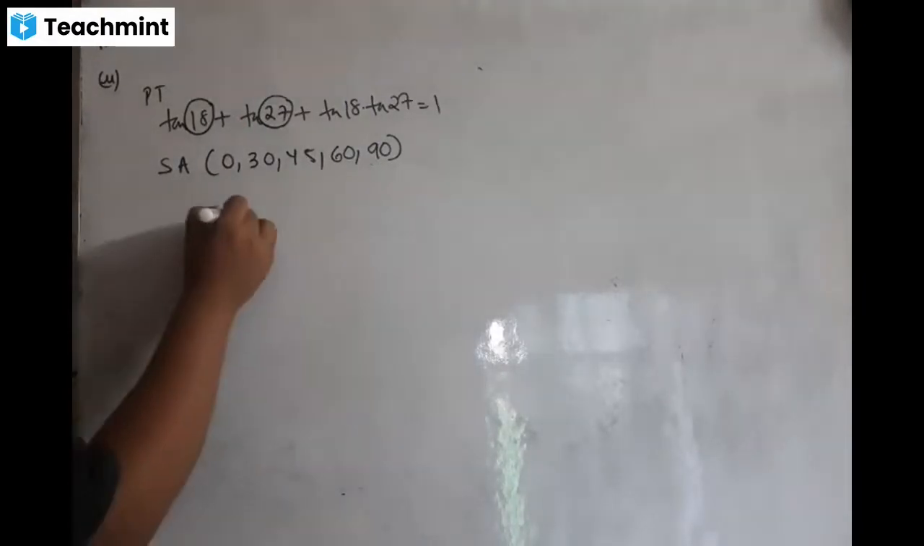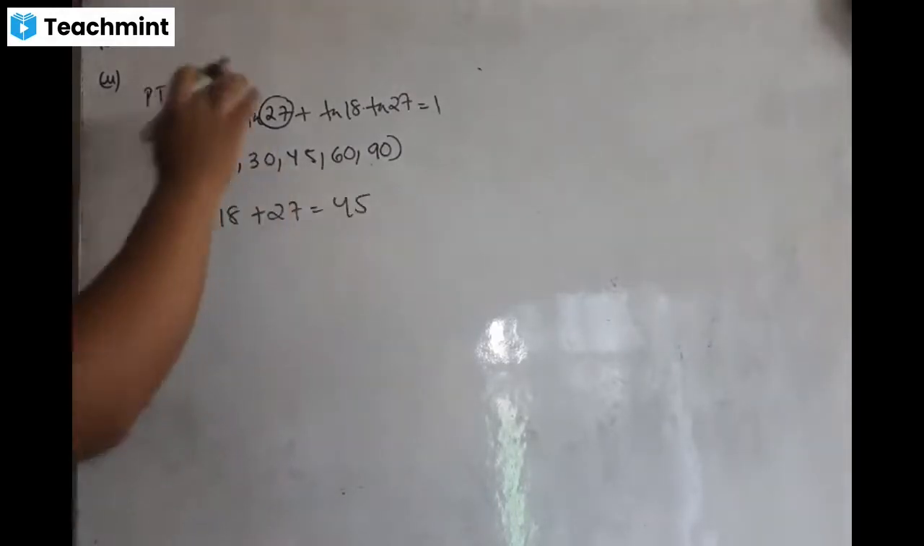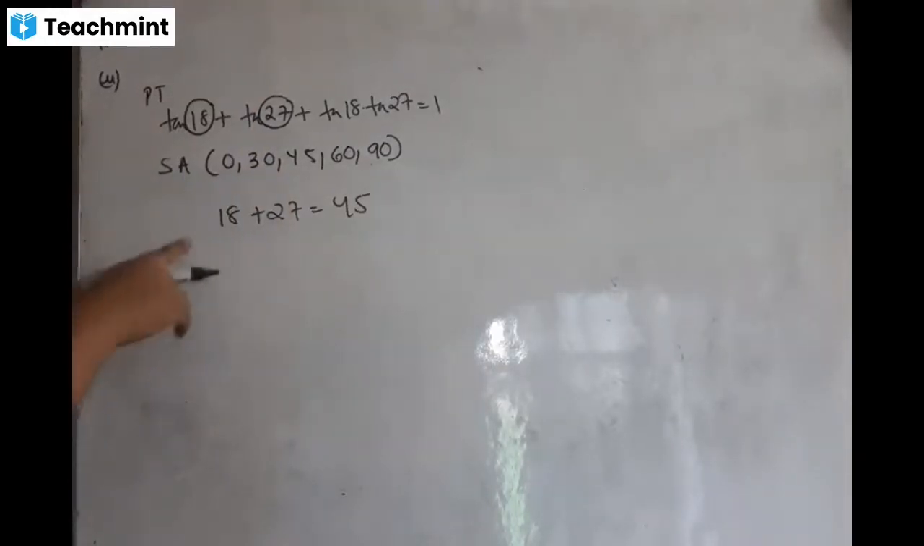So 18 plus 27 is equal to 45. Standard angle, yes or no? So this is the relation which I was talking about. In question numbers 18 and 19, we use the addition and subtraction formula and find a relation between the angles that are given and the standard angle. Is that clear? For example,